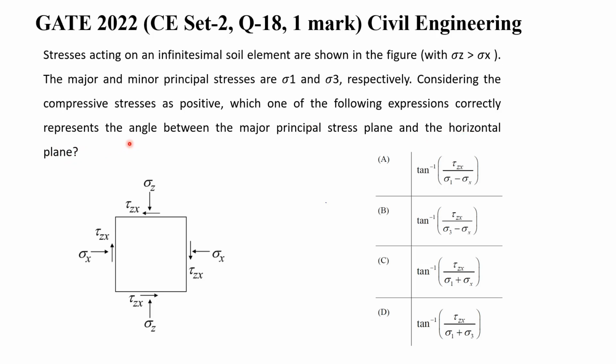The question is about sigma 1 and sigma 3, the major and minor principal stresses, and sigma z and sigma x, in which sigma z is more, and tau zx is the shear stress. Considering compressive stresses as positive, one of the expressions correctly represents the angle between the major principal stress plane and the horizontal plane. To understand the angle between two planes, we can draw the Mohr circle. Anyway, let us start